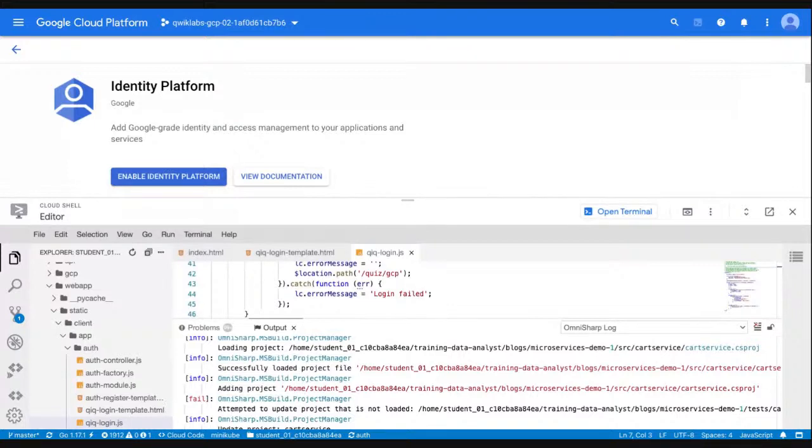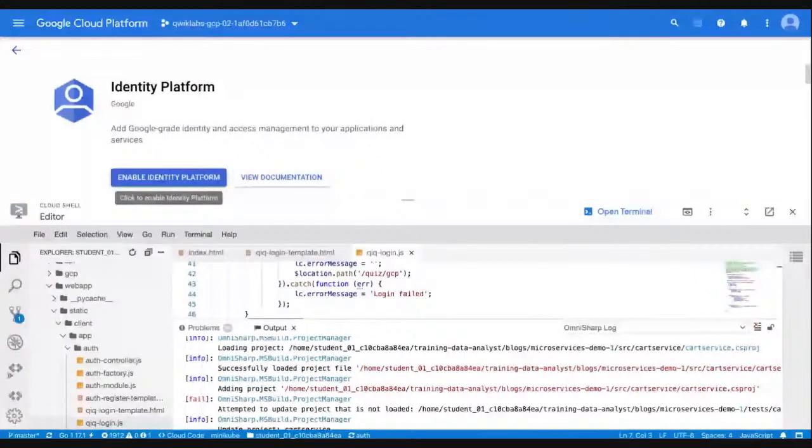And here we're going to use email and password as our authentication mechanism in this case. Enable. It's failed on me. Let me